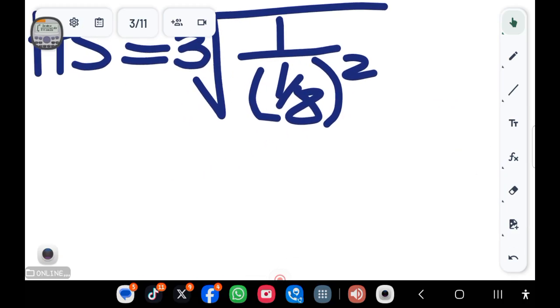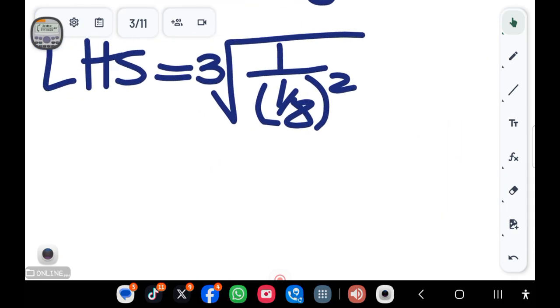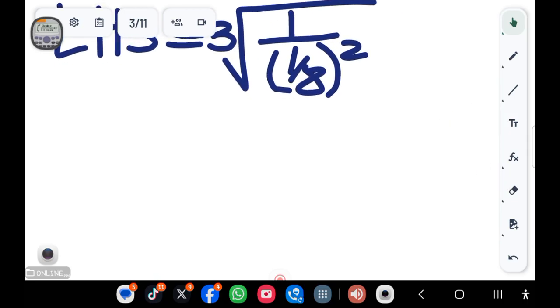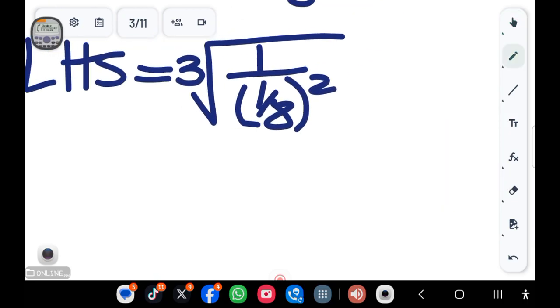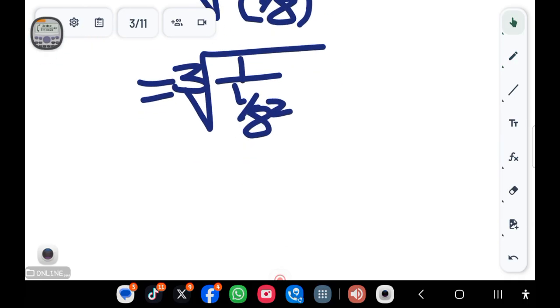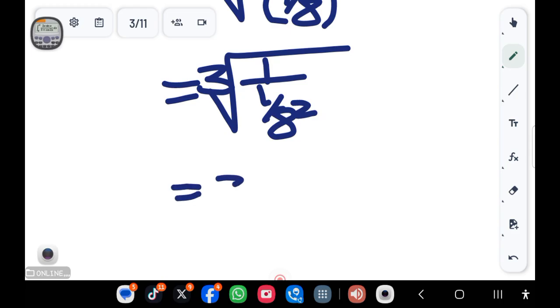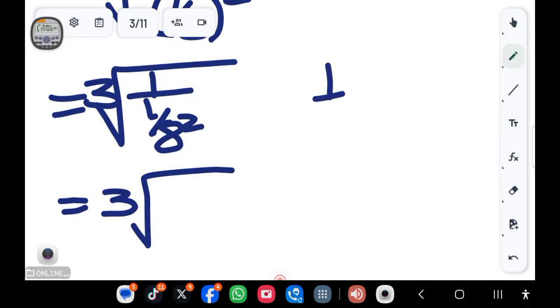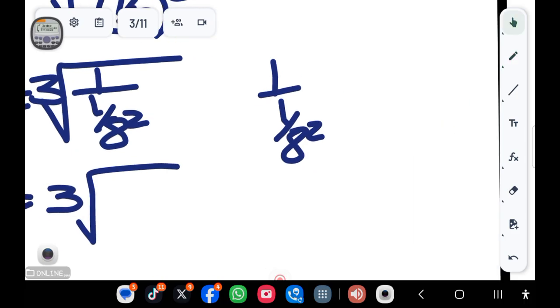Alright, that is equal to 1, the cube root of 1 over 8 squared. Okay, when you take 1 over 8 squared,